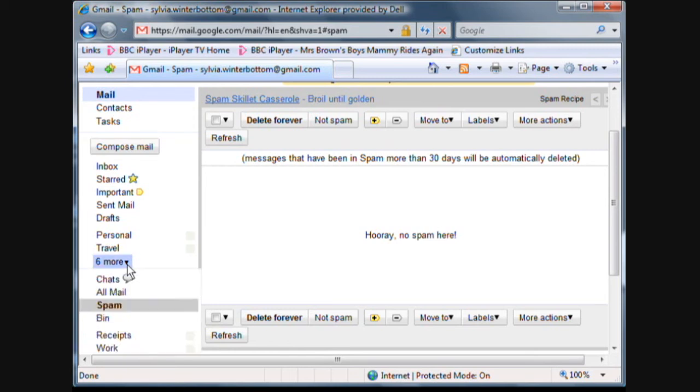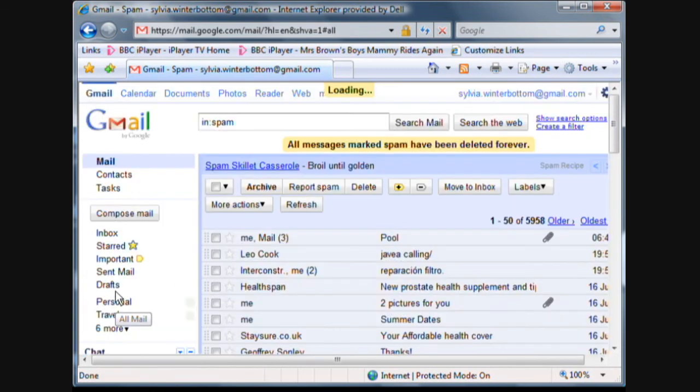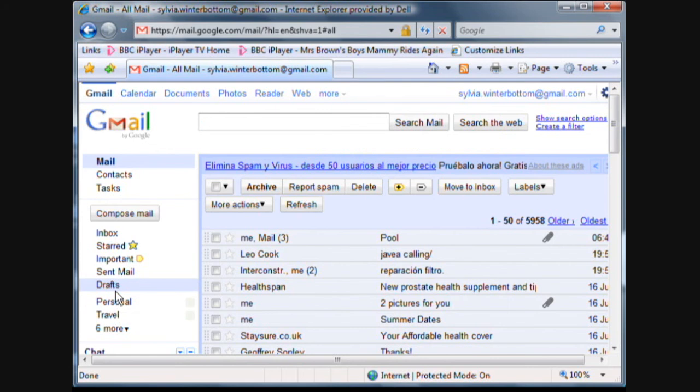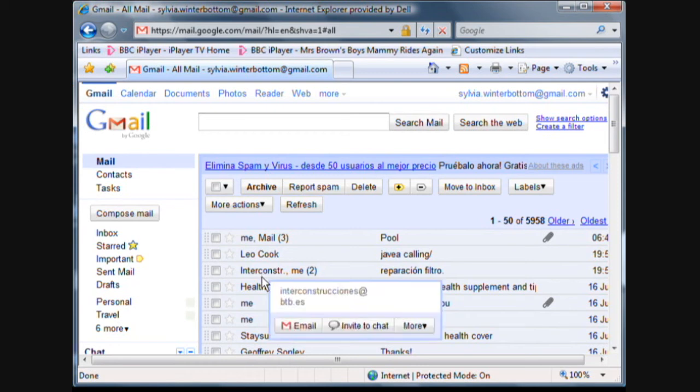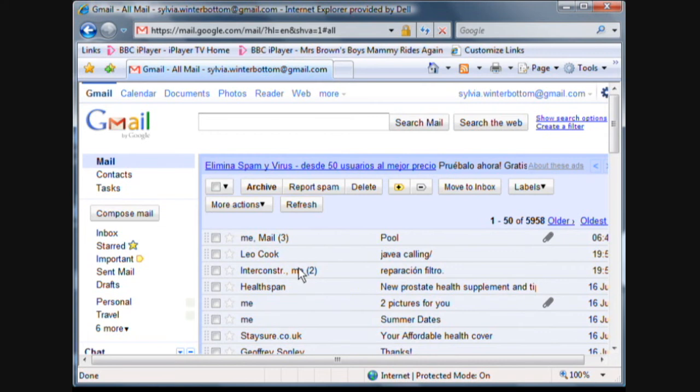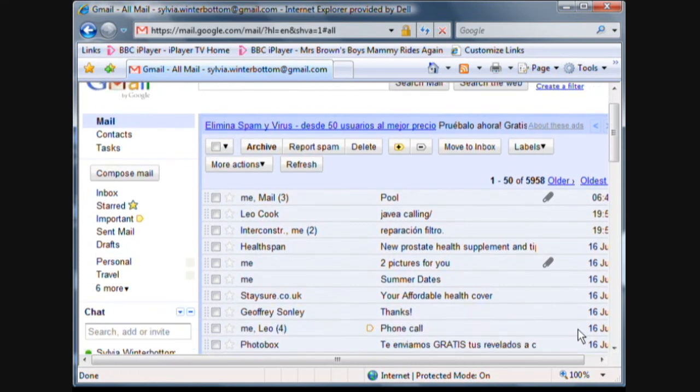but my Gmail is set that I have an archive box as well. So I've looked at my spam and my bin, but I'm going to look at my all mail now. All mail being a recorded list of everything that I have received and sent, and it is linked together so that it continues a conversation. If I had an email from Interconstruction, I sent my reply, so it is linked together like that. Let's come down. You see that some of them have got photos attached to them, and